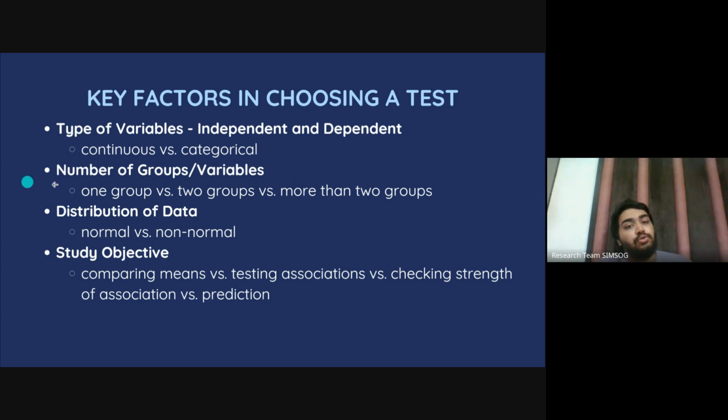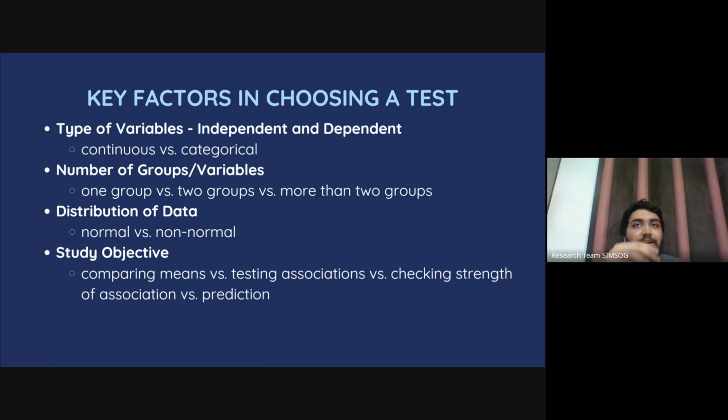Then you will need to know if you have groups in your independent variable: whether there is one group, two groups, or more than two groups. Similarly for data distribution, I have discussed this previously, you have to know whether the data is normal versus not normal. Now in the statistical plan, when you write your protocol, you wouldn't be able to know,